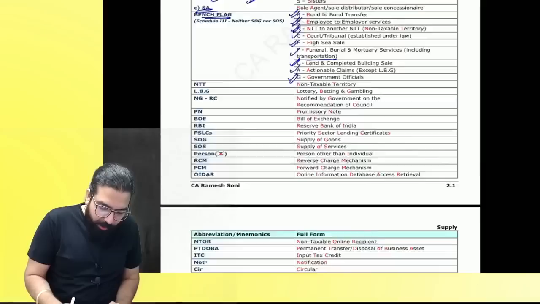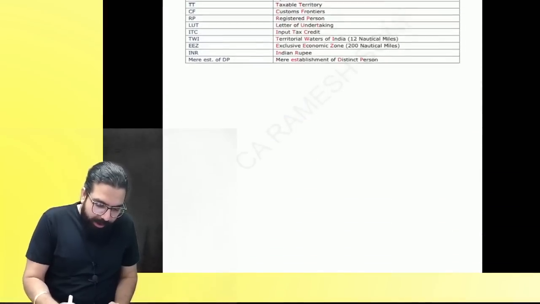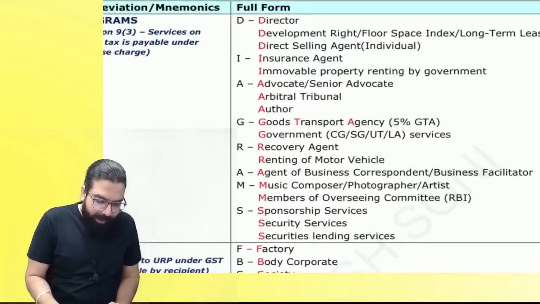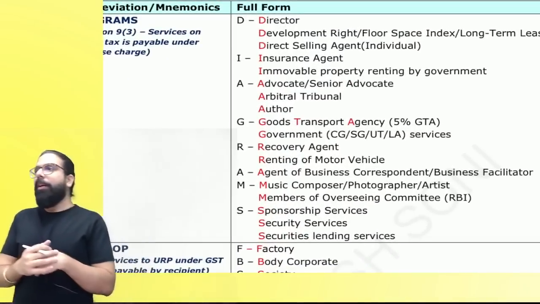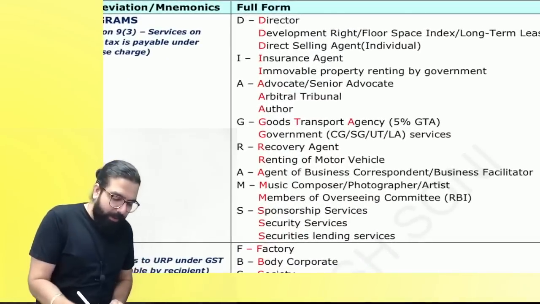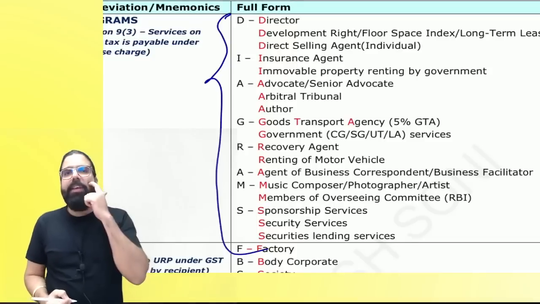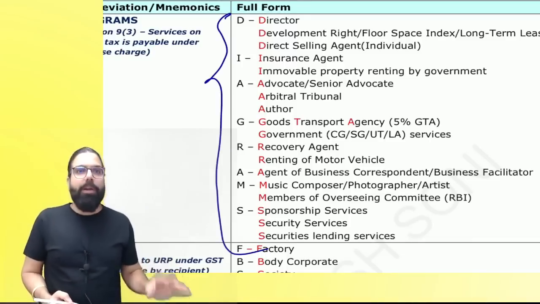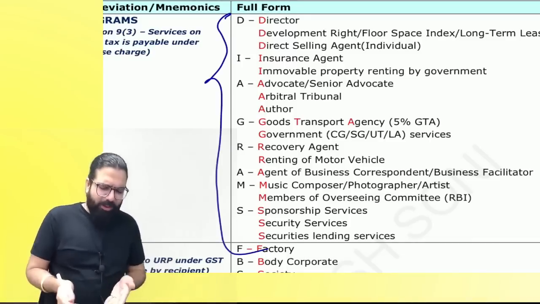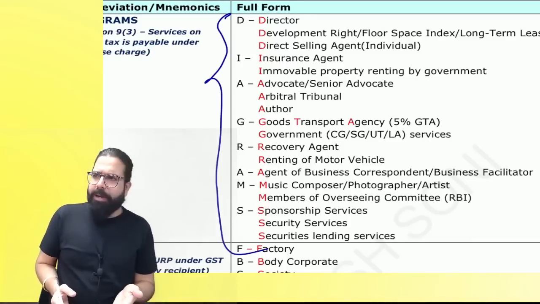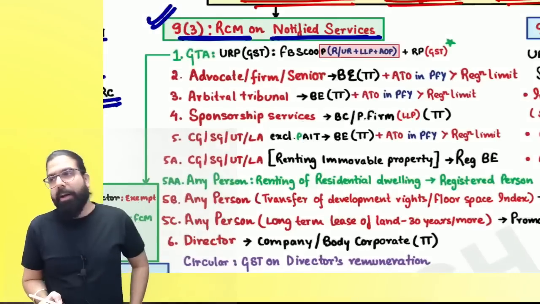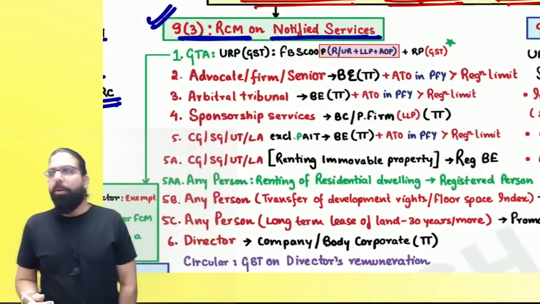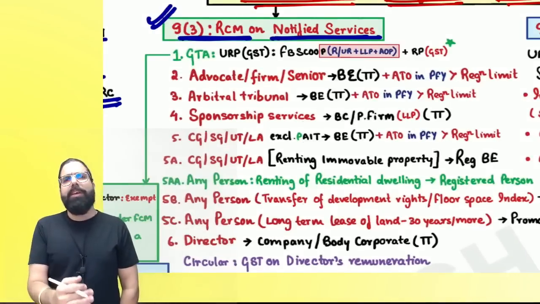For remembering the notified services, I have put diagrams over here. Can you see them? To remember the notified services is very easy. These are the services on which reverse charge mechanism will be applicable. Can we go ahead, everyone? This is already there; you can remember it later. Now, let's quickly run through the reverse charge notification, which talks about